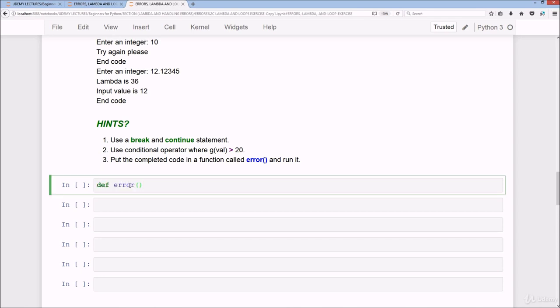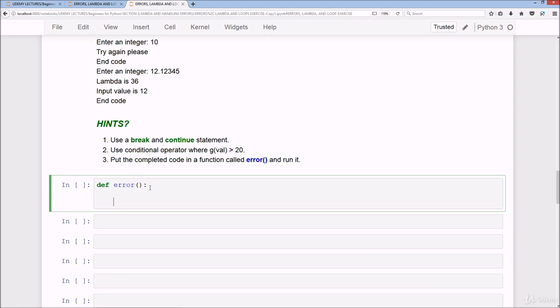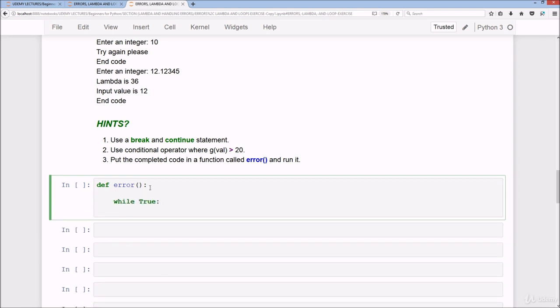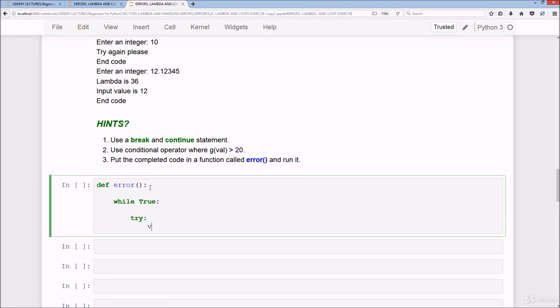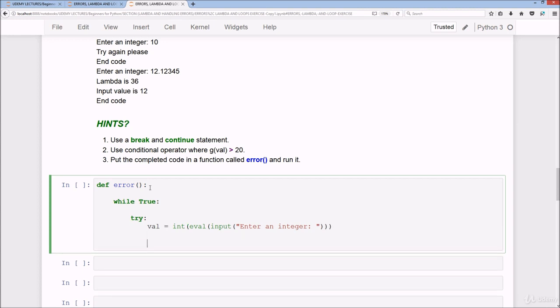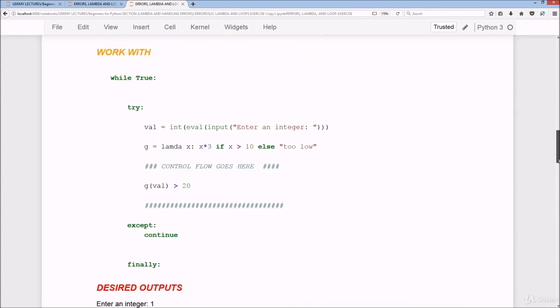So error colon while True, try colon val equals int eval input, enter an integer, which you should probably recall from the previous lecture, and g lambda, which is what we were working with from the beginning, g lambda x colon x